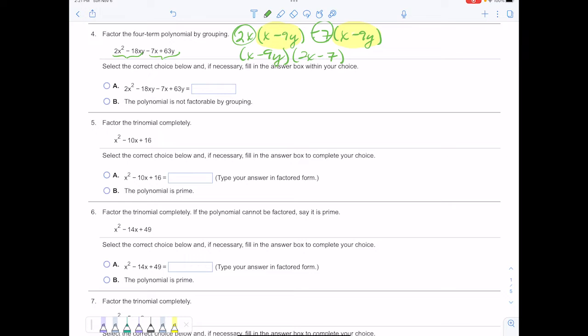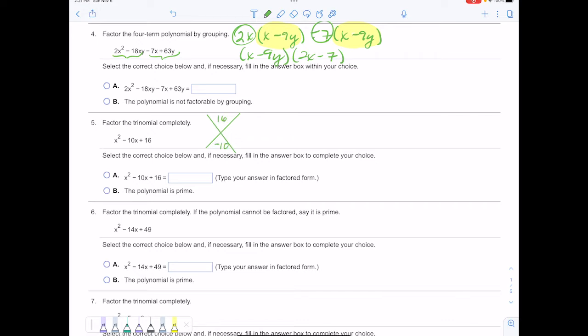In number 5, I have a trinomial, and again, your first step is to always factor out a greatest common factor, and there is no greatest common factor for these three terms. So to factor this one, I want to find two numbers that multiply to give me 16 and add to